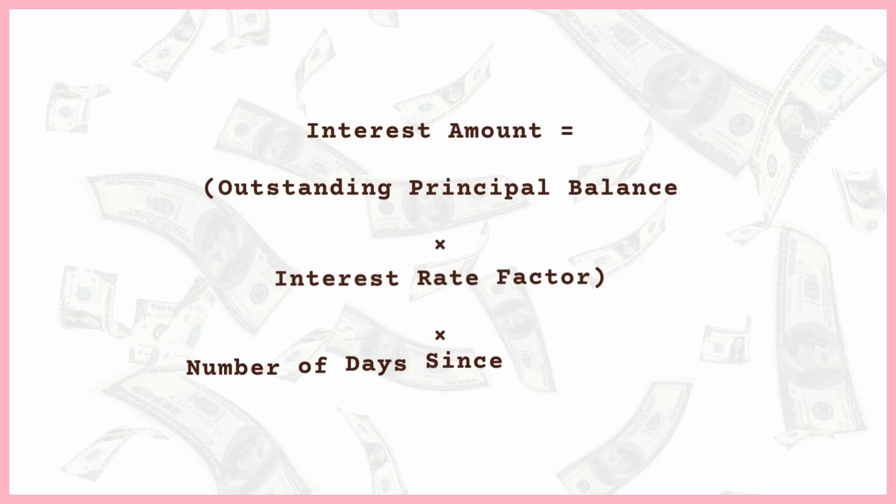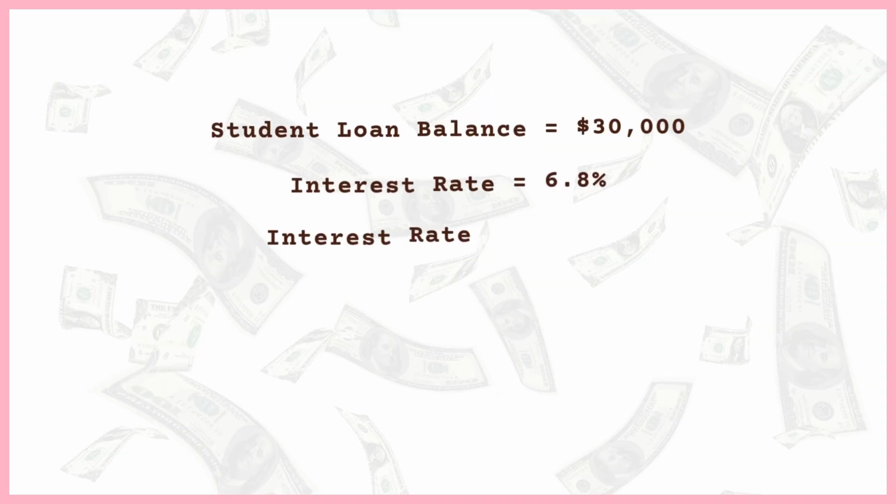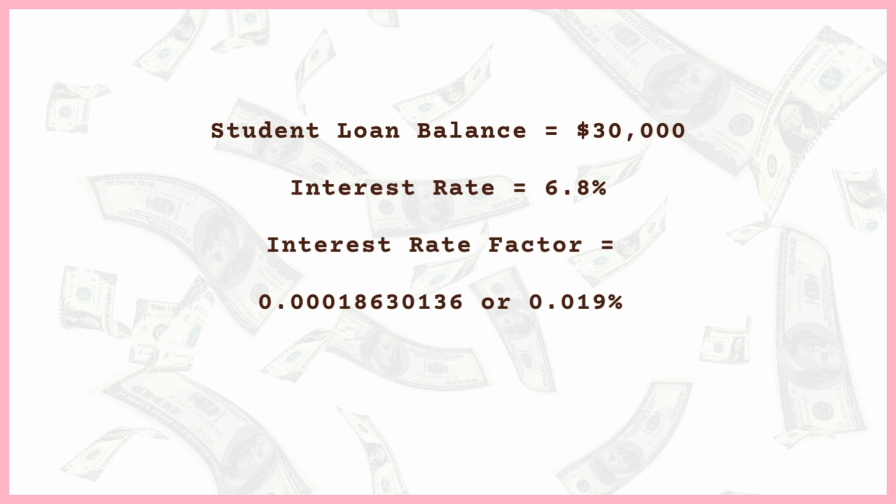As a reminder, the interest amount calculation is outstanding principal balance times the interest rate factor times the number of days since the last payment. To give you an example with the real numbers, let's say we have a student loan balance of $30,000. The interest rate is 6.8%, and based on our previous calculation, the interest rate factor, or the daily interest rate for that, is